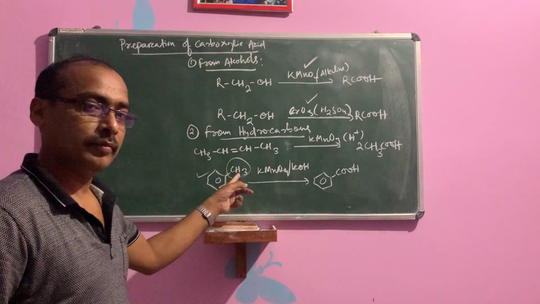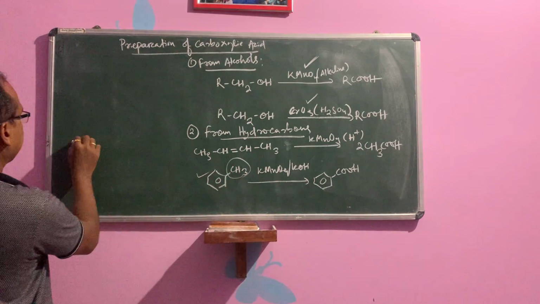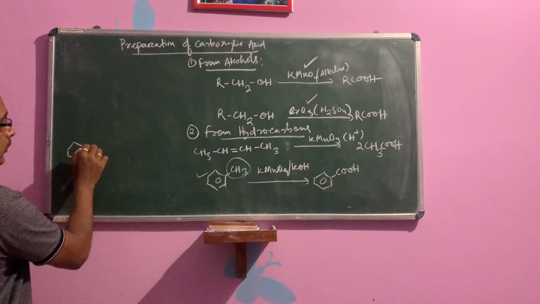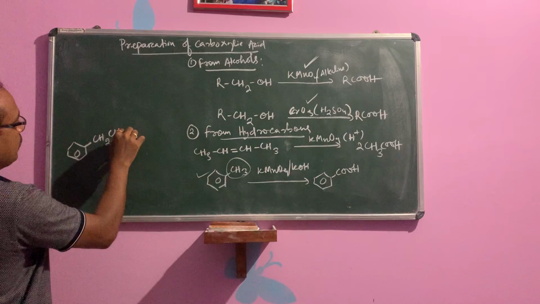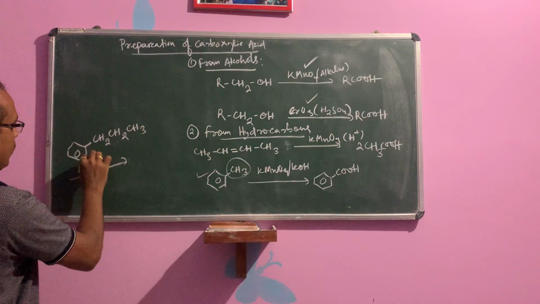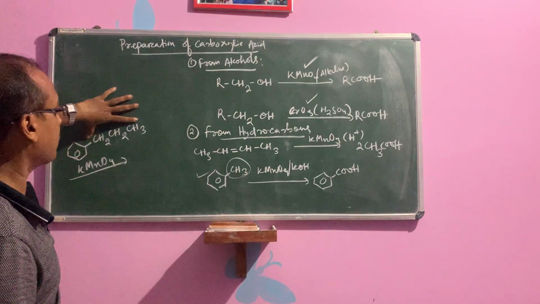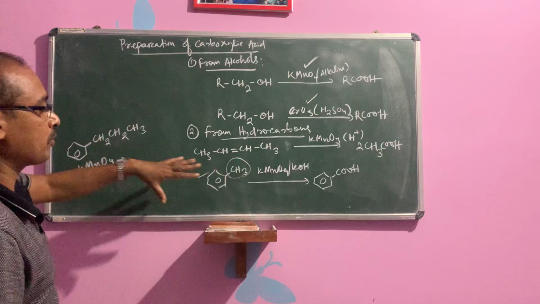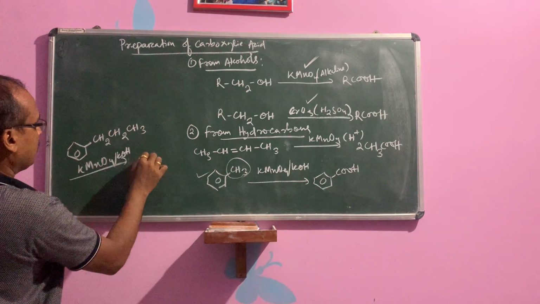Similarly, if the side chain is CH2CH3 in presence of KMnO4, you see the length of the side chain does not matter. It directly forms benzoic acid with KMnO4, KOH,